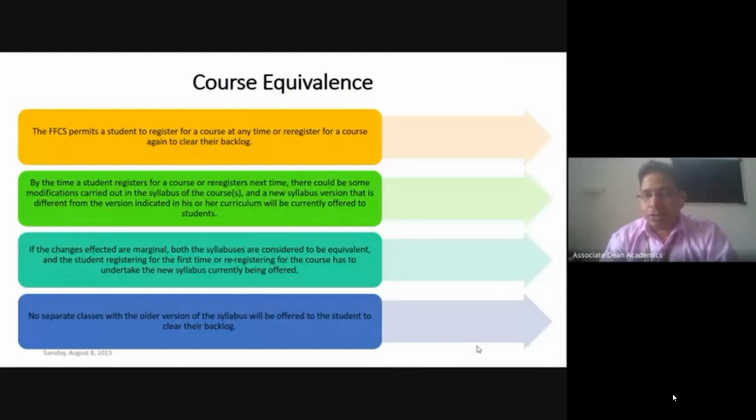but that course had been modified, with 20% or 30% of the contents having been modified,